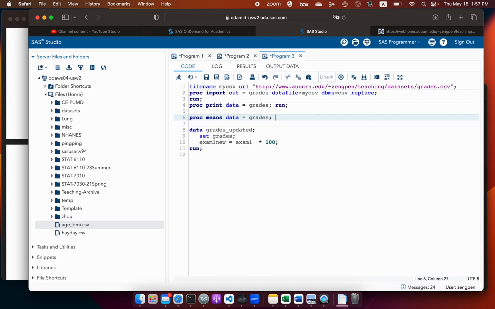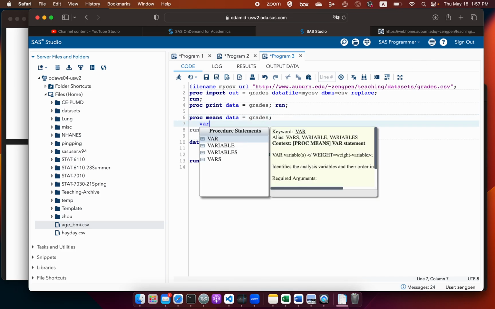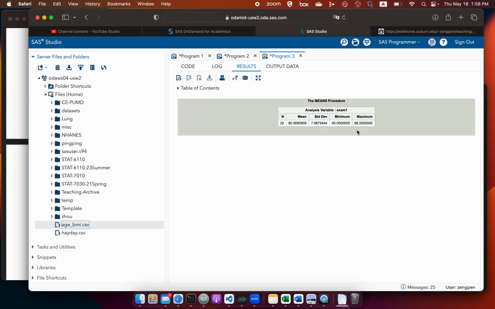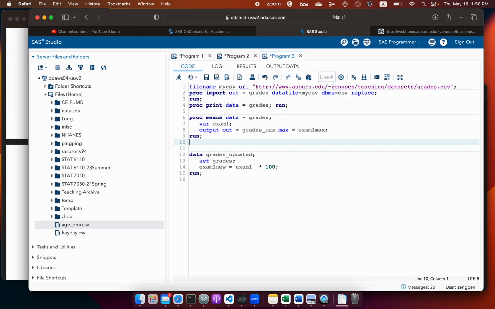Yeah, so the data is grades. First you need to calculate that value for exam1, right? So you output out equal to grades max, because we want the maximum of exam1. Here we can directly say maximum equal to exam1 max. There's no need to use parentheses to say exam1, because you list the variable here and there is only one variable, so SAS will not get confused. We just say maximum, so then it will be the maximum of that. Run this one. See, maximum 95. So if you check proc print data is exam1 max,